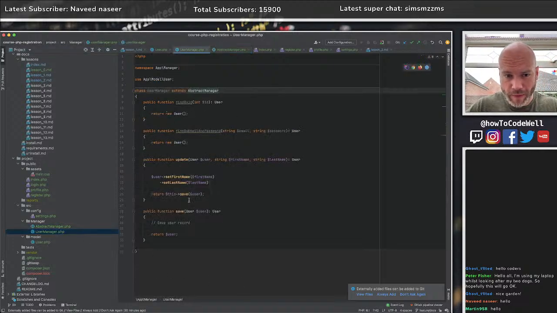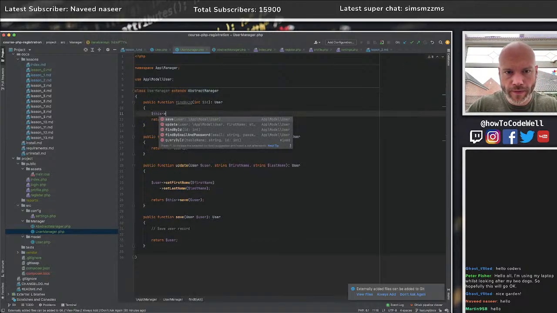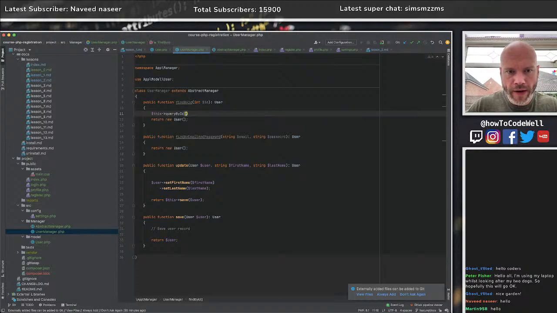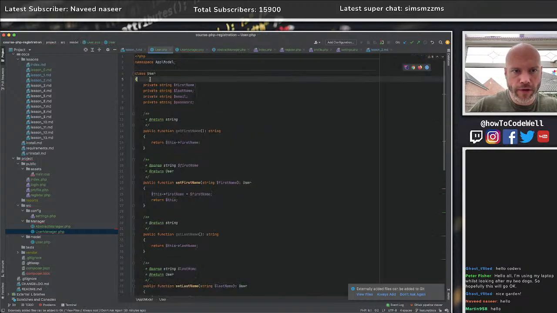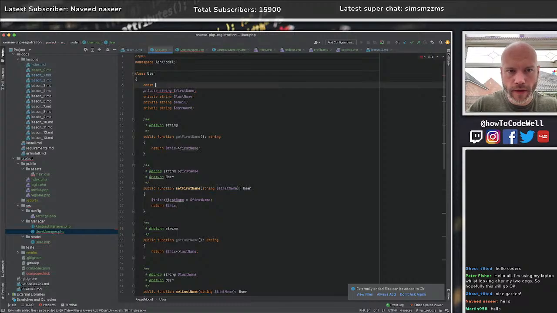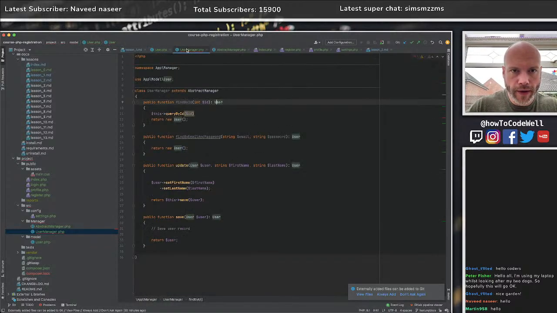Again, this is just coming right out of my head. So up here, this is where I want to get to. Up here we do this: query by ID, and then we pass in the ID, and we also put in the table, which would be... I mean, we could even be clever and do like const table name is equal to user in here, and then in there we do